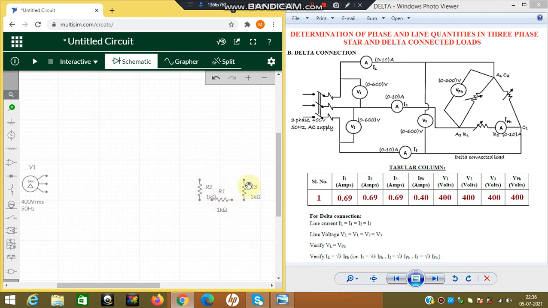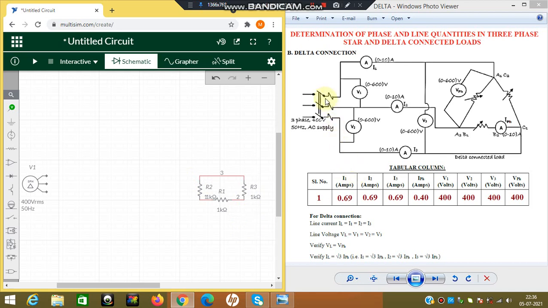Now I must connect this in delta shape. So end of each coil is connected to the other end of the next coil. So it is like end-to-end connection. So this to this, then this end to this end. Similarly, this end to this end.